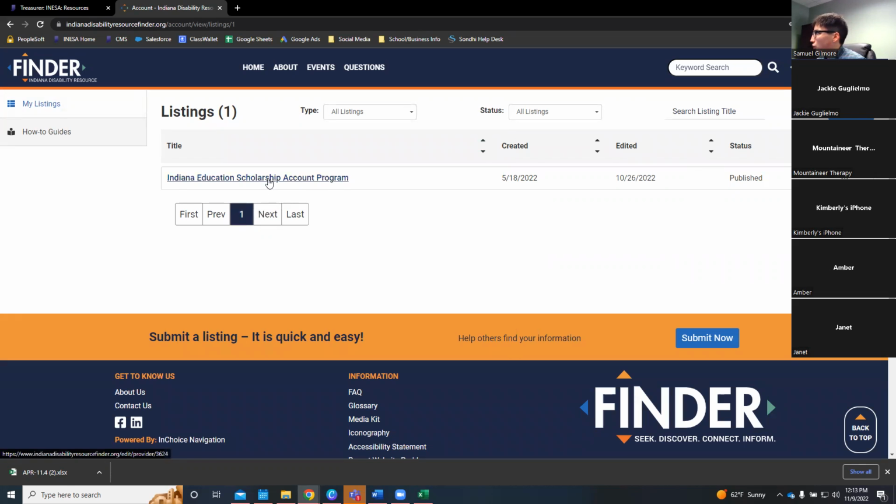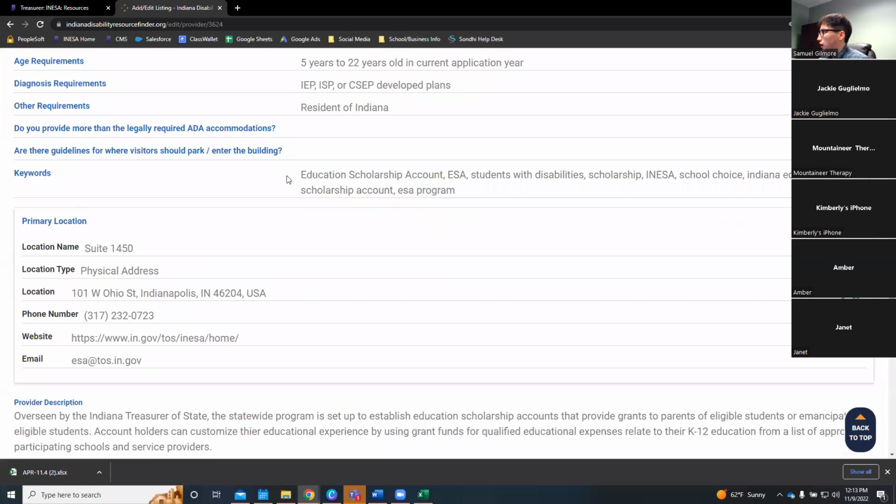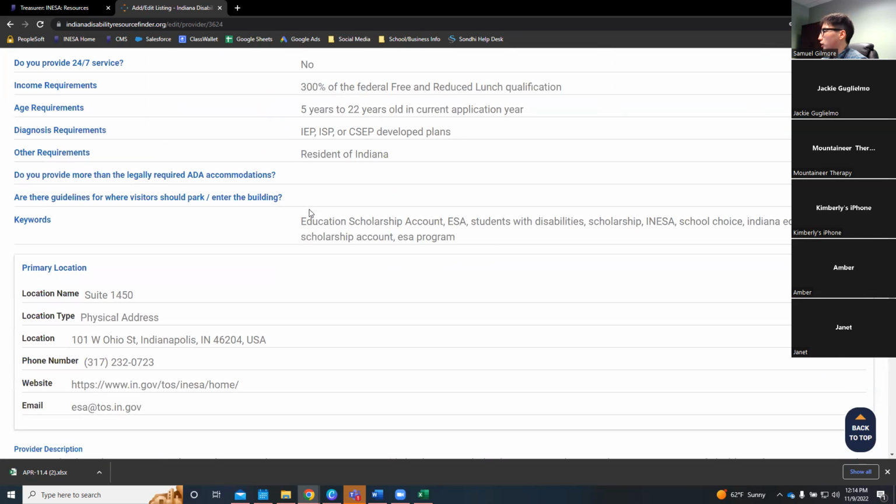And one of the things I did want to show for the providers on Finder was this keyword section. You scroll down here in the keyword section, you can actually edit this to say whatever you want. And when people are searching for different providers in Finder, the keyword section is kind of like a searchable field. So if you're an ESA approved provider and you want to go on and create your Finder account and update it and put all your information in so that families searching for services can find you, I would highly recommend that you add in different types of education scholarship account, ESA, INESA, school choice, anything that you think an ESA family would be searching for, add it into the keywords, because